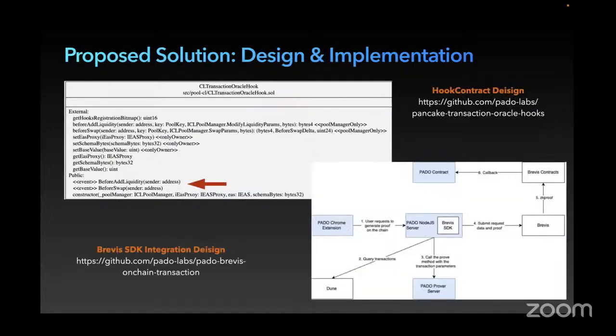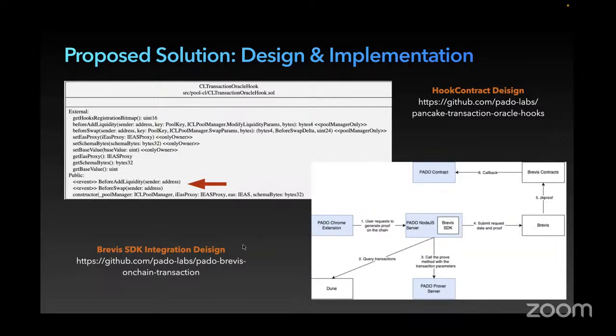Okay, let's jump into our solution details. We implement a CL transaction Oracle hook here. With the V4 hook interface, we implement the before add liquidity and before swap interfaces, which means we can check whether the message sender really satisfies some condition, like having a certain attestation, and then allow him to proceed with these two interfaces. This is some of the code we implemented with the